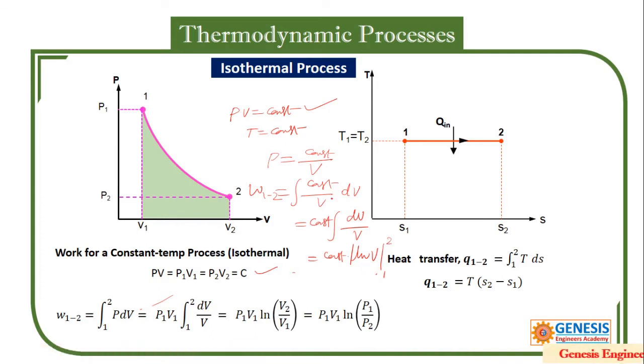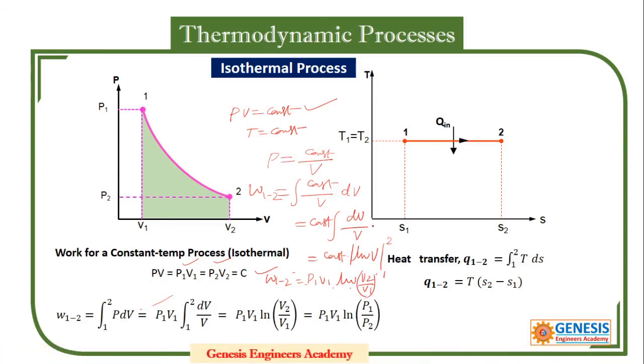So this becomes constant. That constant may be either P2 V2 or P1 V1. Okay, so this work done becomes P1 V1 ln V2 by V1, or P2 V2 ln V2 by V1,